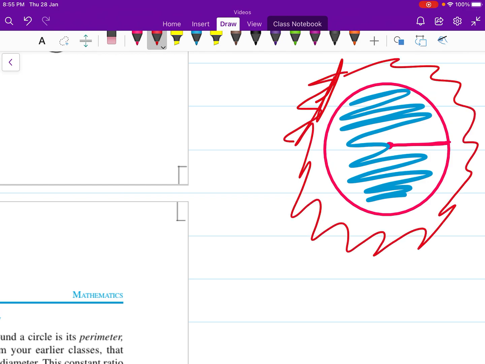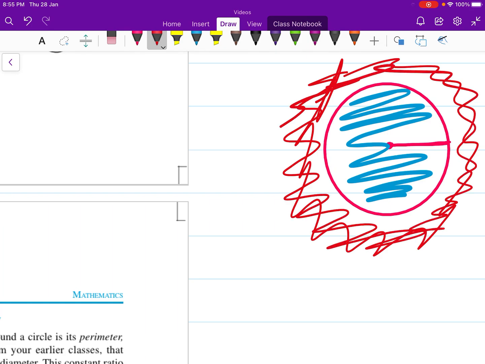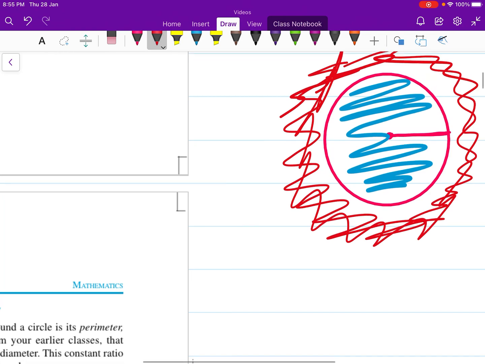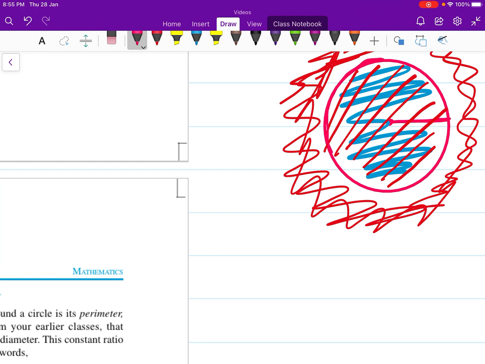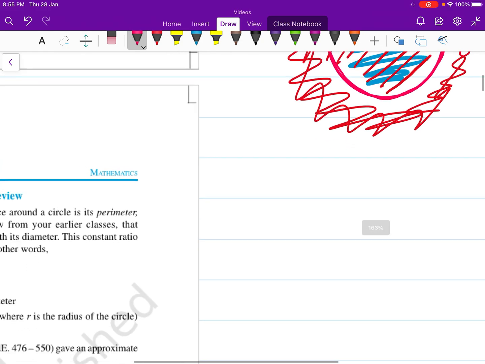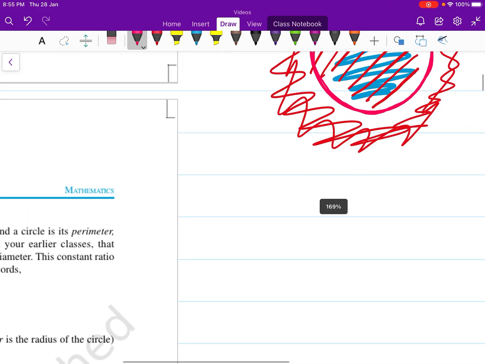When we talk about any circular figure, we are talking about circular region and not the circle. And when we are talking about area of a circle, we are also talking about circular region. But when we talk about a perimeter, that is only about this ring, then we are talking about the circle. So, in the first part, we are going to understand what the perimeter is and how it is found.